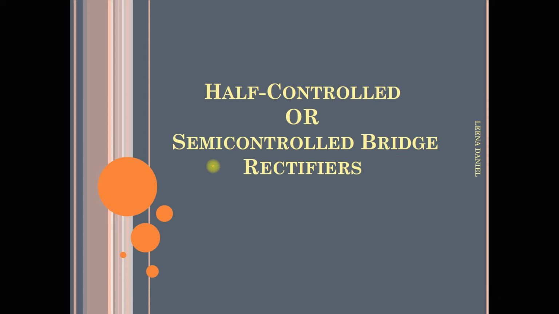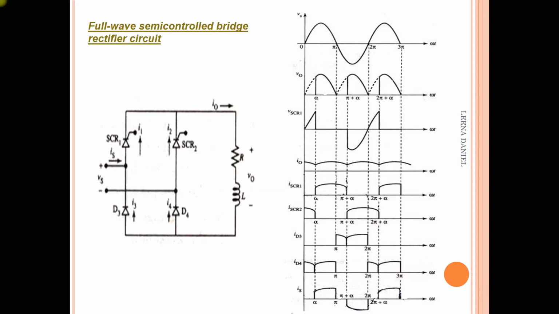So what we call half controlled rectification. Here I have considered only the half controlled or semi-controlled bridge rectifier. I am just showing the diagram where we use only two thyristors and two diodes. In the above legs, T1 and T2 are used, and in the lower portion D3 and D4 are used. Means we have combined those two things. We combine the controlled and uncontrolled circuitry.